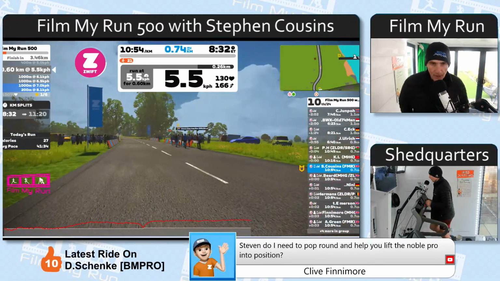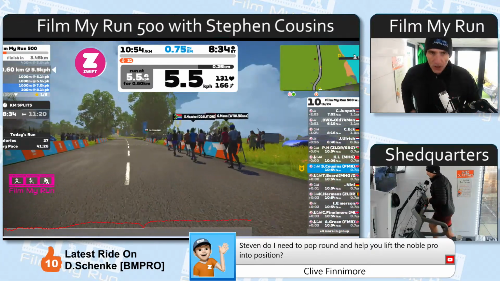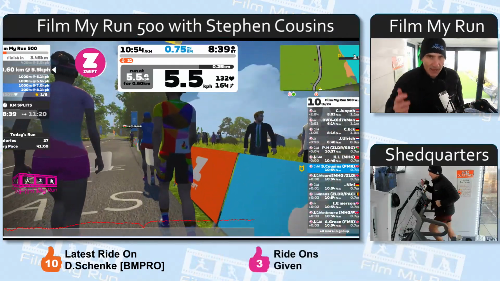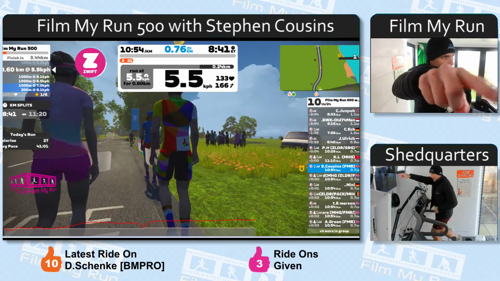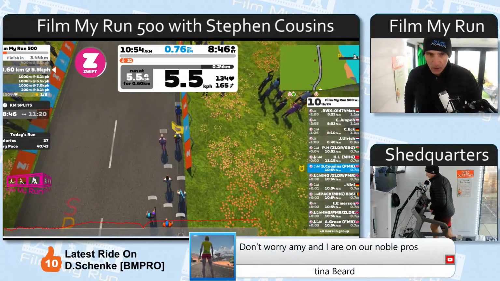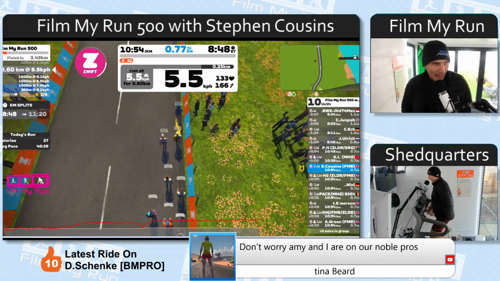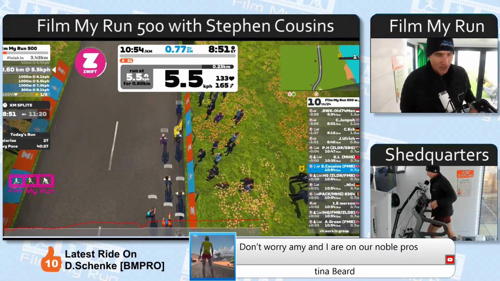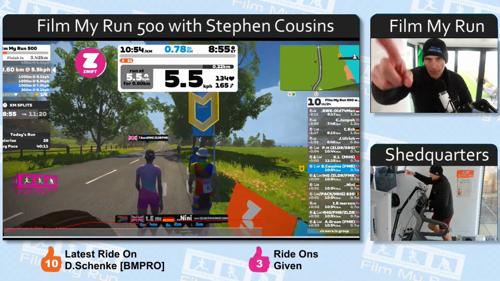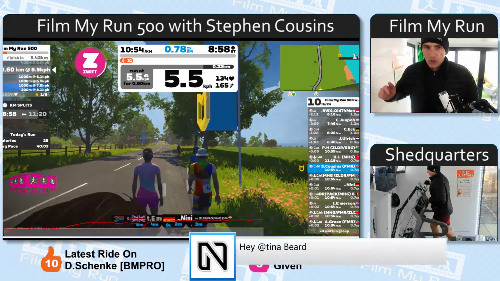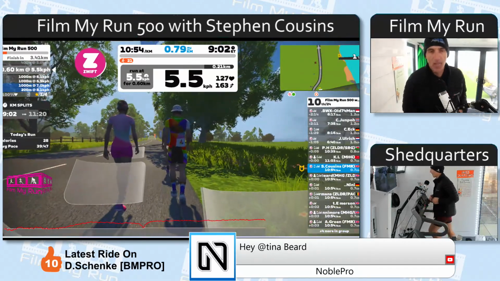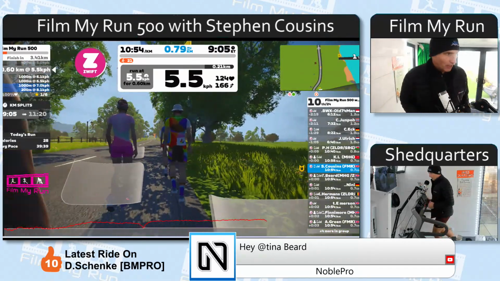But if I'm live streaming on the Noble Pro with only one person, there's always going to be a camera pointing at the Technogym. And if there's nobody on that, it looks a bit daft, an empty screen basically. And the way I've got the camera set up, it's very difficult to turn it around to point at the Noble Pro. So this is all something we need to work on.